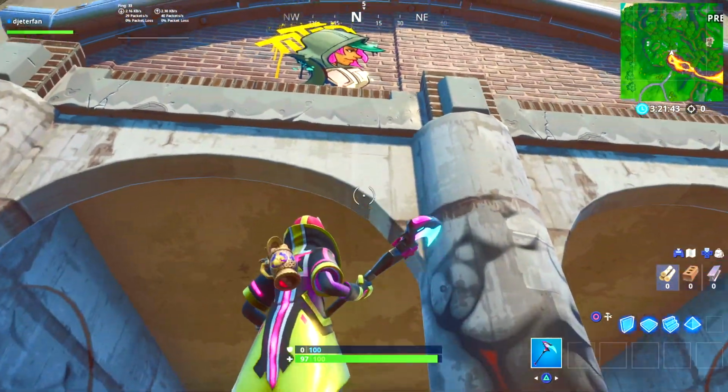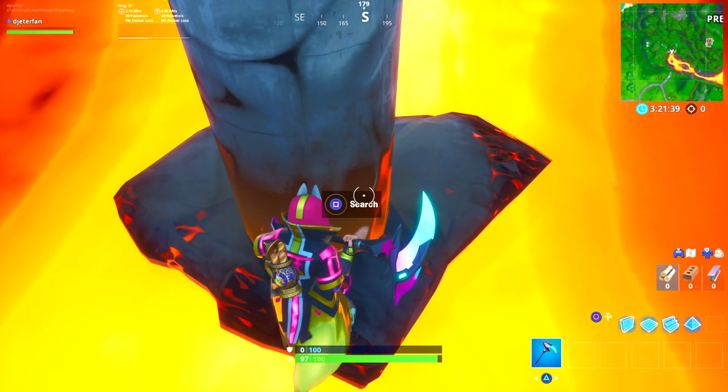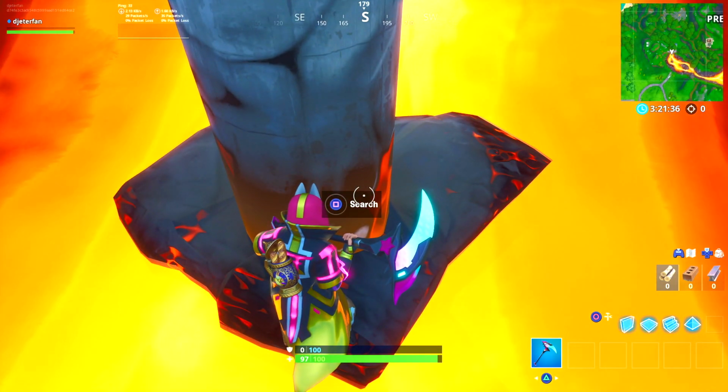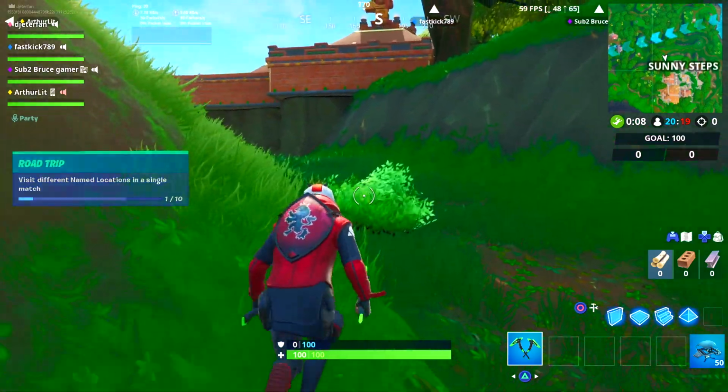So you can get other spray cans all across the map. They put them in really nice places so that you can get them while rotating through and getting lots of kills and stuff. But those are literally all of the locations in which you can search for spray cans. And you'll also find one over here next to Polar Peak, but it's next to a little tent next to